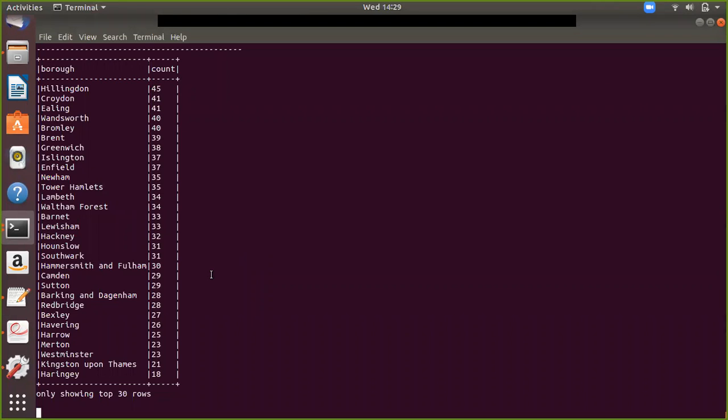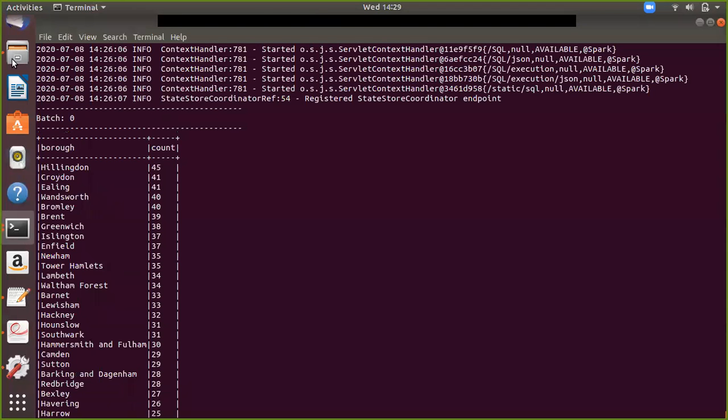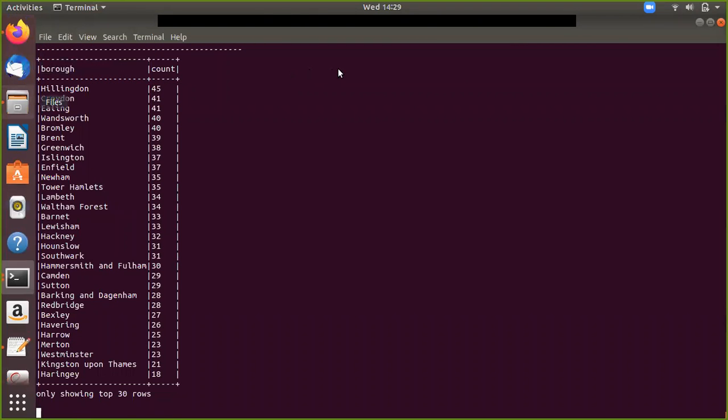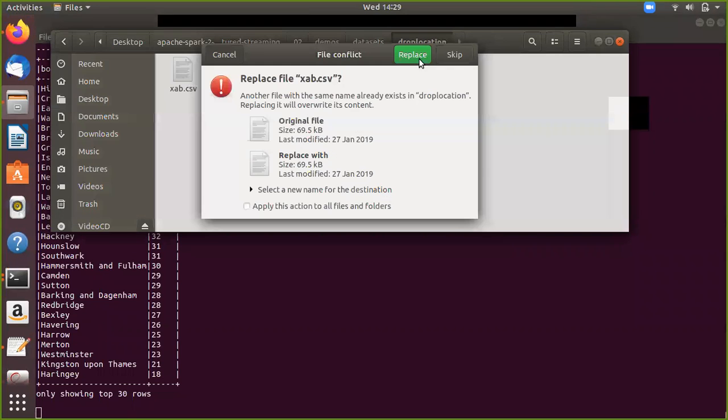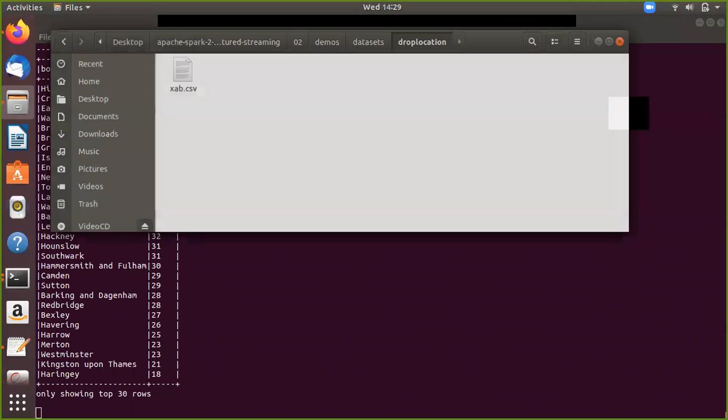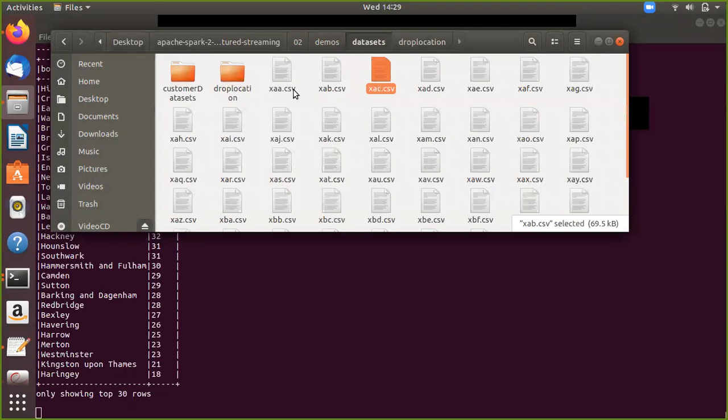So we got the first output, but it is taking quite a long time to get the data processed. Let me drop another file to the location.